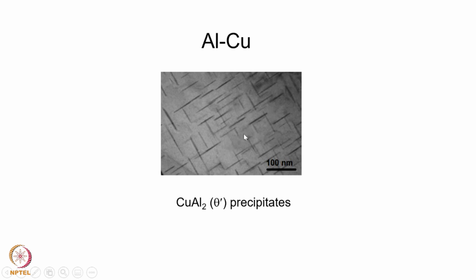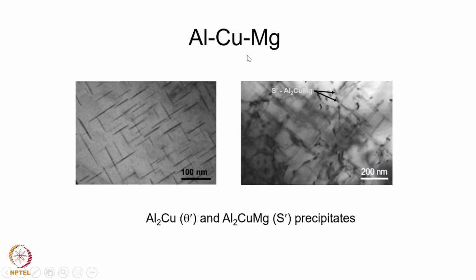So this is how this particular precipitate will look under a transmission electron microscope. Now in the 2000 series alloys, sometimes you also have some amount of magnesium. So if you have magnesium, apart from the theta prime precipitate, one more precipitate forms, which is known as the S prime precipitate or